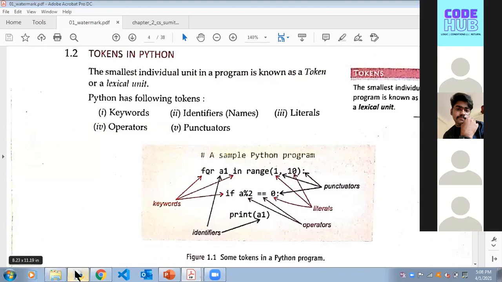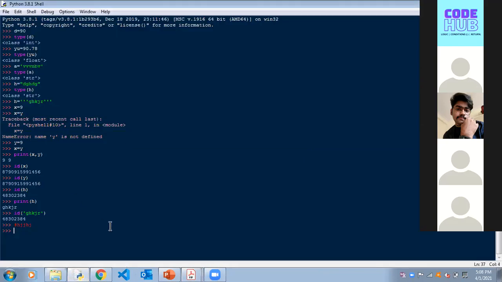I missed one more thing. I didn't tell you how to name variables. You've used variables, right? A, C, A, H, X, and Y. These are variable names. I can't start it with a number. If I write 89, you think it is correct? It is a syntax error. You can't name variables starting with a number. Remember these rules, they'll be useful for you.